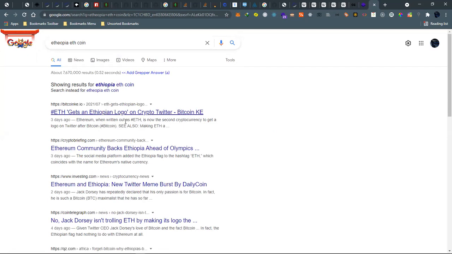Yeah. So it's now the second cryptocurrency to get a logo on. This is something that I saw: the Ethereum community backs Ethiopia ahead of